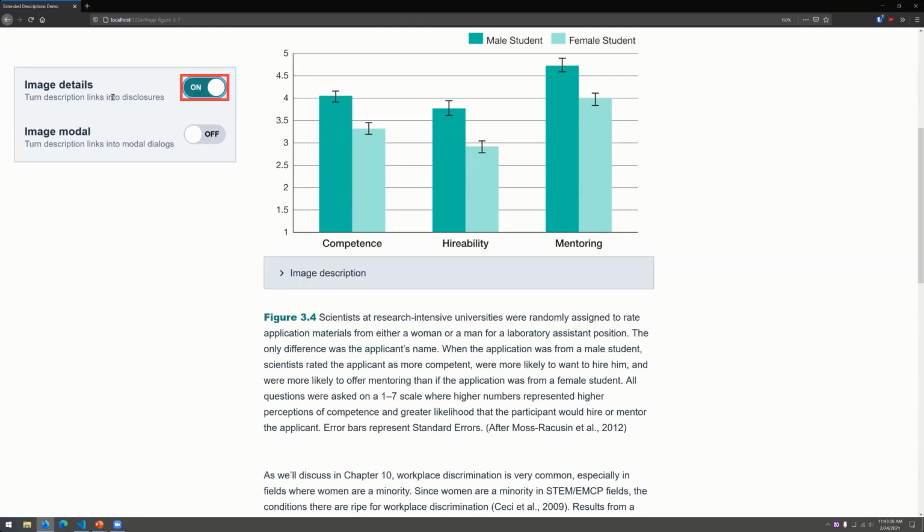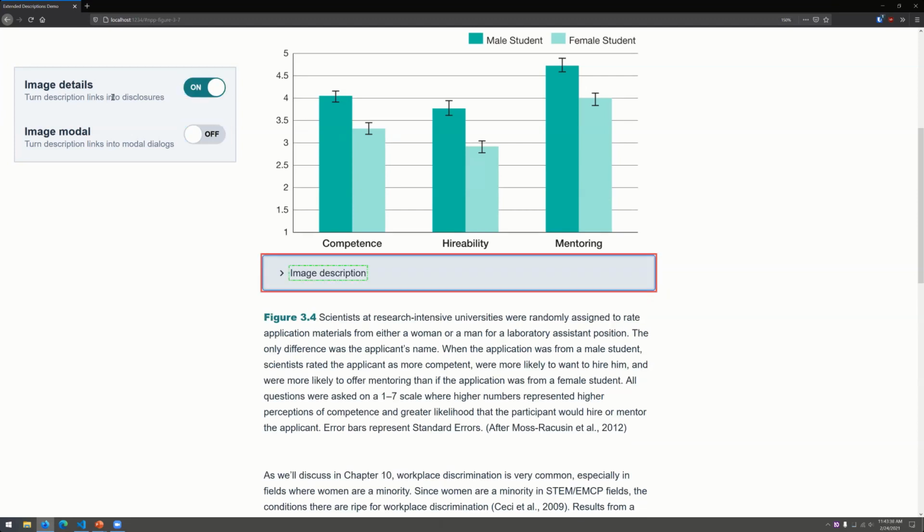What happened there when I click that is the image description link changed to an image description disclosure or a details element. "Graphic. A double bar graph depicts" So the image is the same, that part's the same, but if I go down from that now, "clickable button collapsed, image description." There's the details element, and you heard this one is a little different than VoiceOver. It says "clickable button collapsed."